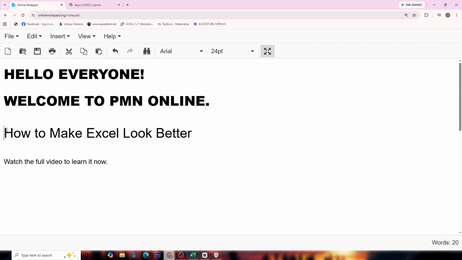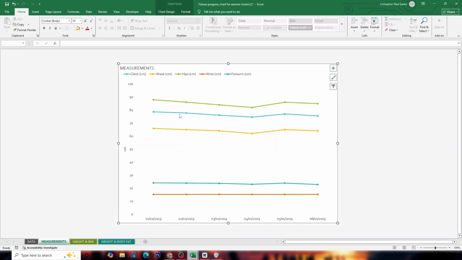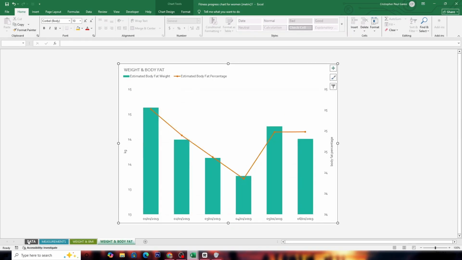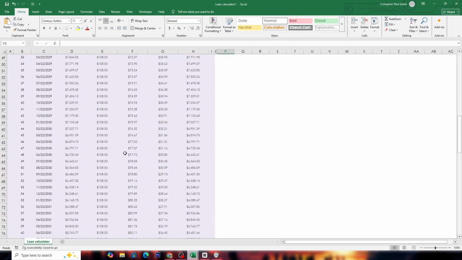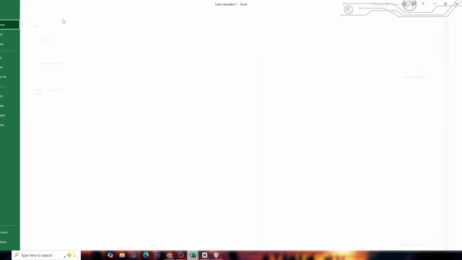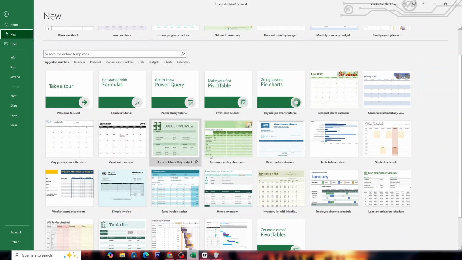Here, I will show you how to make Excel look better. Let's face it, Excel is an incredible tool for managing and analyzing all sorts of data, whether it's tracking your monthly expenses or analyzing business metrics. However, as powerful as it is, Excel sheets can often look cluttered, overwhelming, and frankly a bit dull. A messy spreadsheet can distract from the valuable insights within, making it difficult for anyone to understand the data at